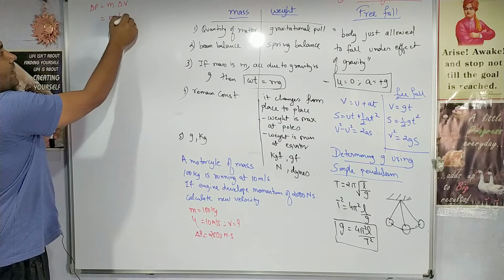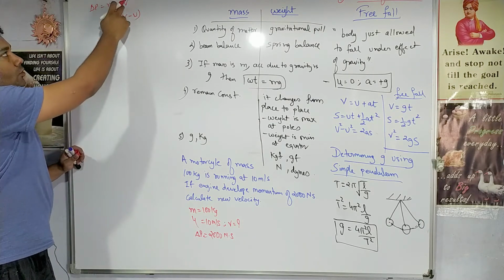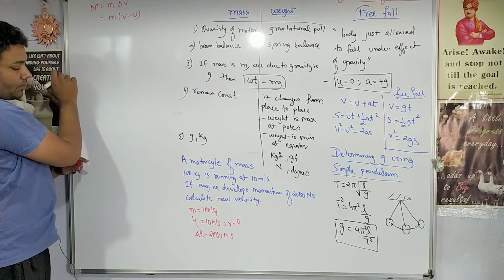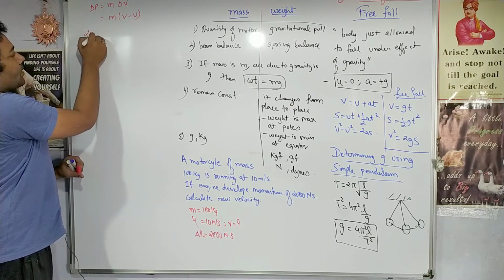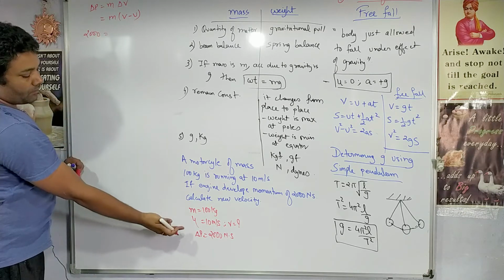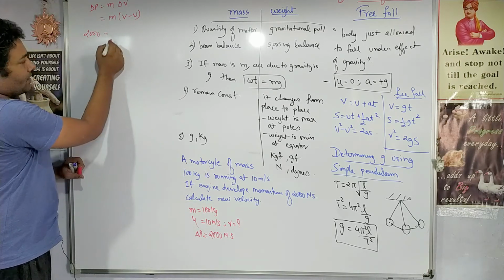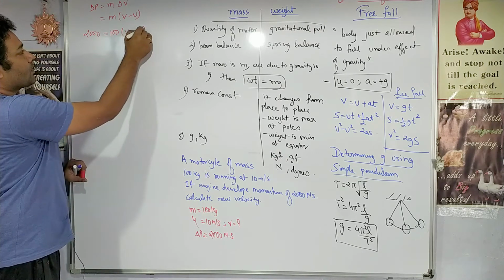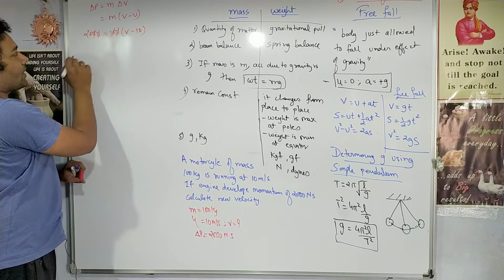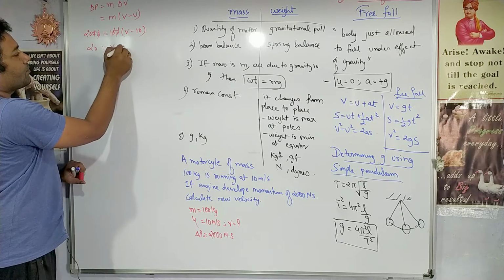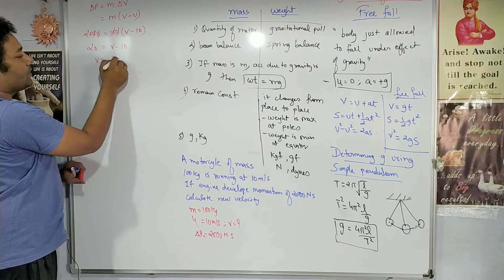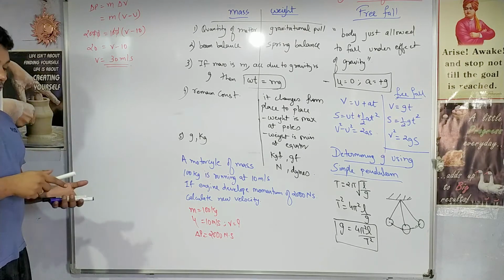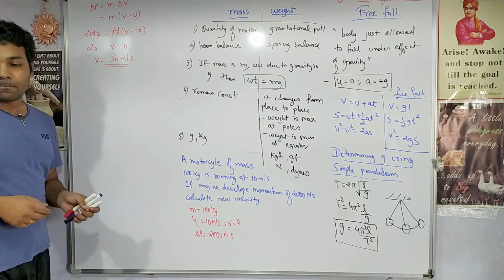Now if we use the formula of change in momentum, that is mass into change in velocity, that is nothing but final velocity minus initial velocity. Change in velocity means final velocity minus initial velocity. So substituting the values, change in momentum we know 2000, mass is 100 kg, final velocity we do not know, and initial velocity is 10. Zeros cancel, so 20 equals v minus 10. So final velocity will be 30 meters per second. Simple question based on the change in momentum, right?